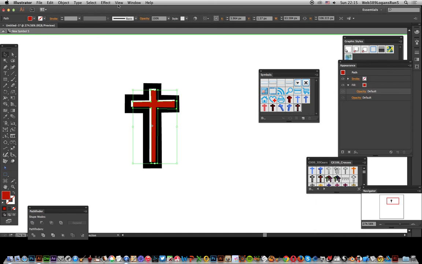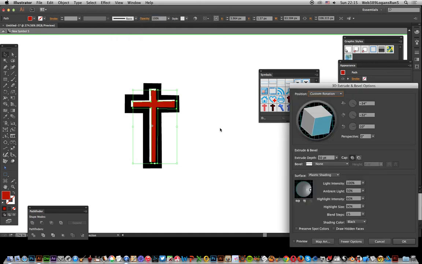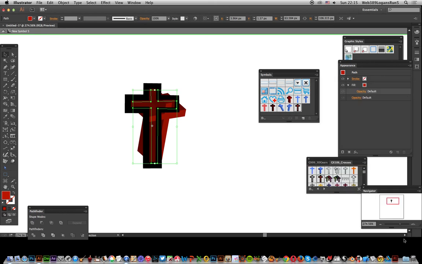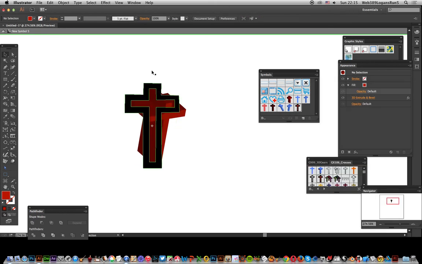So I've got that one there. I can just go to Effect, Extrude and Bevel. Again, always the preview disappears. Always a pity. I always wish the preview would be permanently on. Click OK. Now, one problem here is that this is in front, which of course you might be quite happy with,